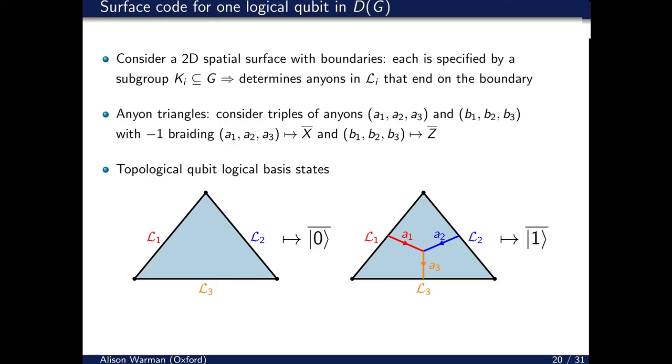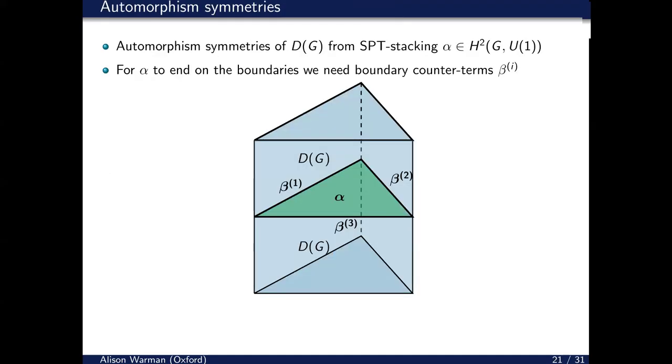So now that we have our logical states, we want to perform computation on them. To do this, we want to use symmetries. Now, the symmetries of this 2+1D TQFT are classified by invertible interfaces. Here we want to consider automorphisms, so invertible interfaces that map each anyon uniquely to another anyon. Now, a class of such interfaces,